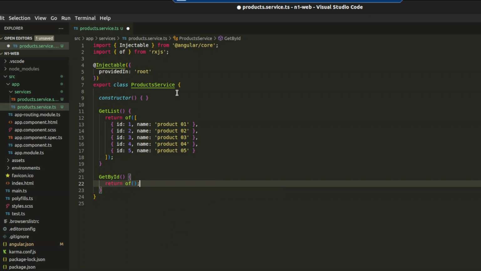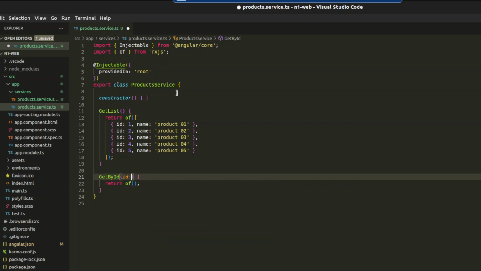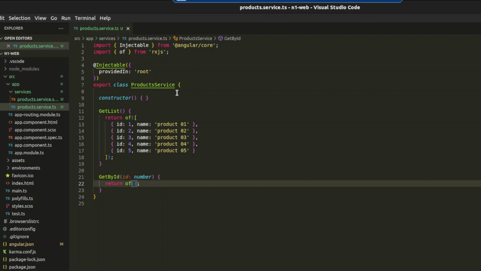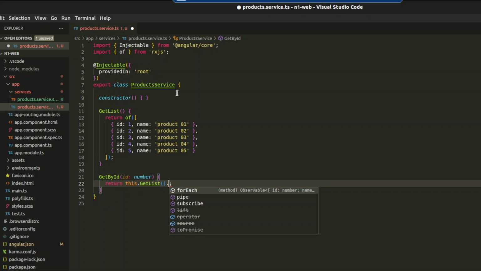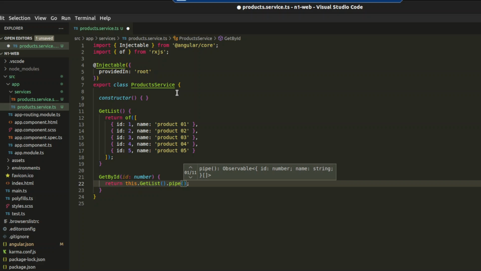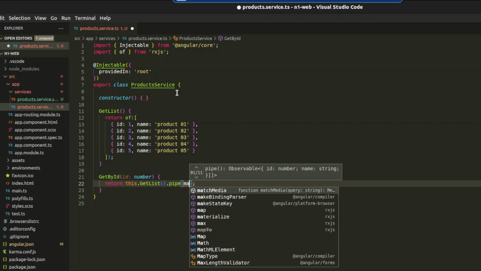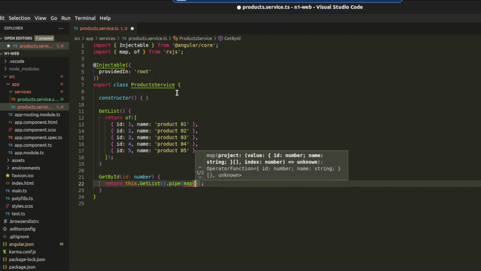Return. This is going to return, there will be a parameter id, and this is going to be a number, and then it will return the getList, then pipe, and then map, then